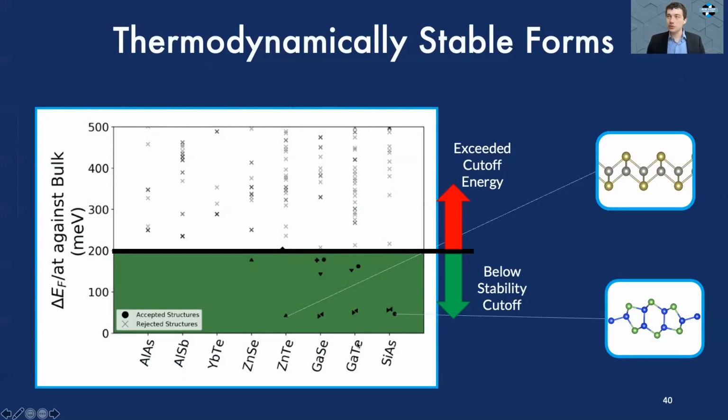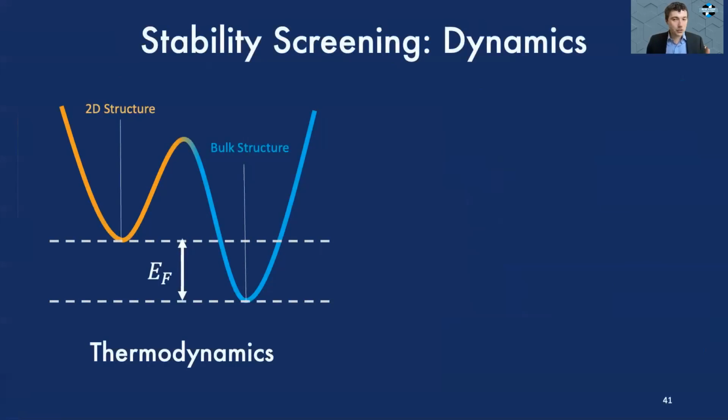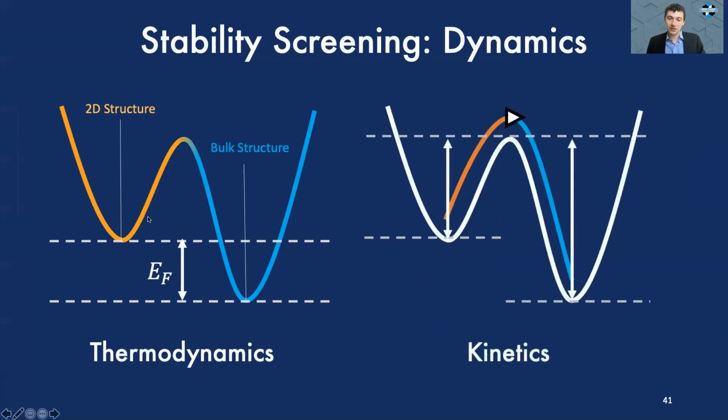We found 16 total structures from this initial screening that met our thermodynamic stability criteria. Now, just because two structures have a higher or lower energy doesn't say anything about the energy barrier between them. We also want to make sure that atoms that are arranged in this way stay in this way. What I'm describing is known as the kinetics of different phases, wherein we have energy barriers between two different configurations